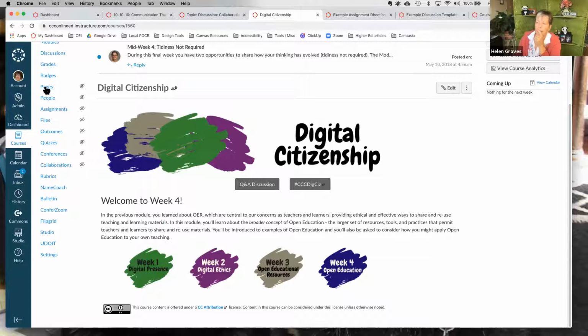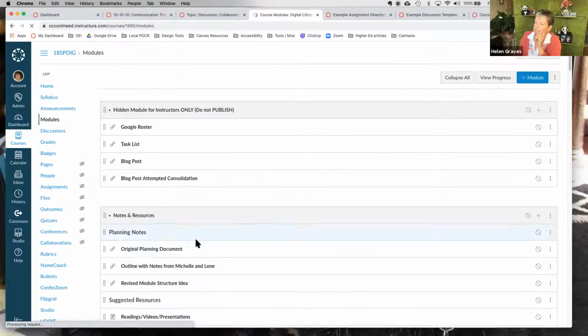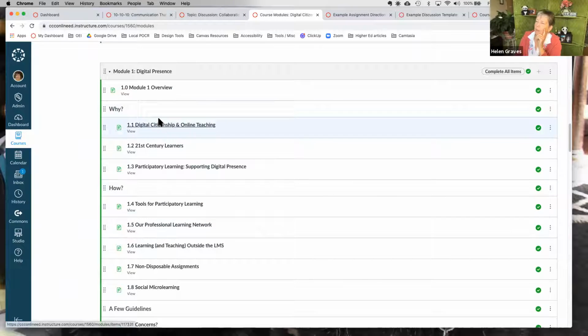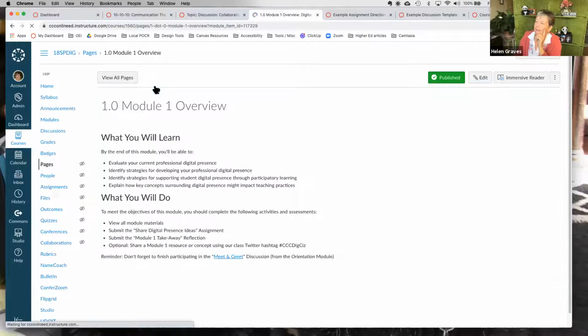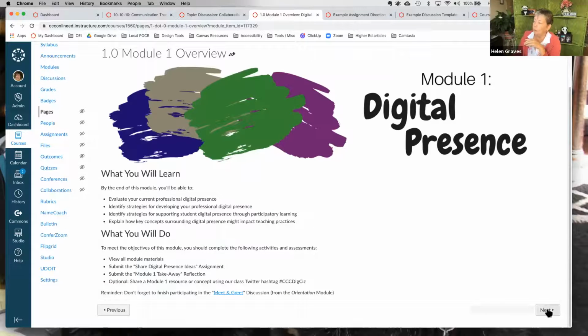Do I want to show you that? Yeah, actually, I want to show you one of the content pages because I think they did something kind of fun on it. Hopefully, I'm not making you dizzy with that. So here we've got the overview page, and if Canvas would, there we go, render. So on the little icon, the green is on top. Next week, the purple will be on top. So it just kind of gives a visual cue.